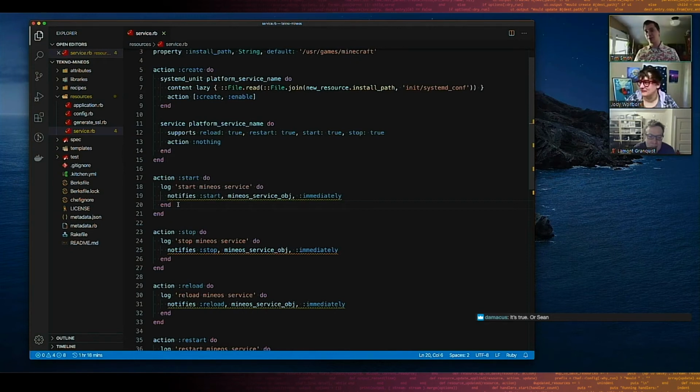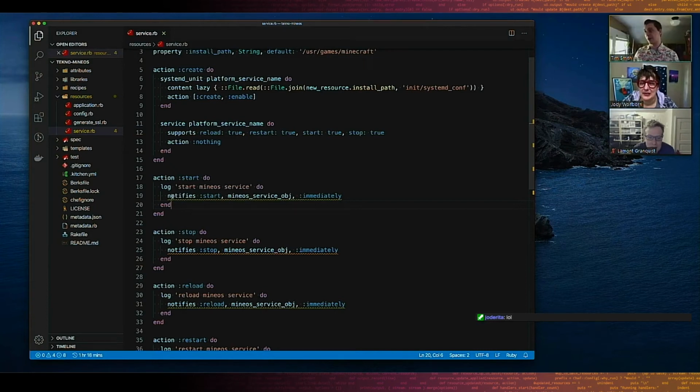So what they would do is they would have everybody notify the log resource to log, I'm going to restart the service. And then at the end, the log resource would do the notification once. So no matter how many times the log resource got that call from all these other things, running a script or deleting a file or whatever, it would all just aggregate into a single notification.